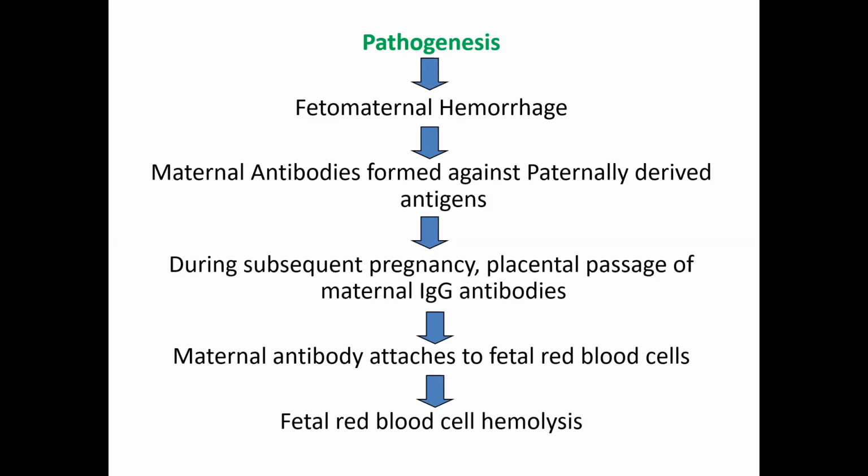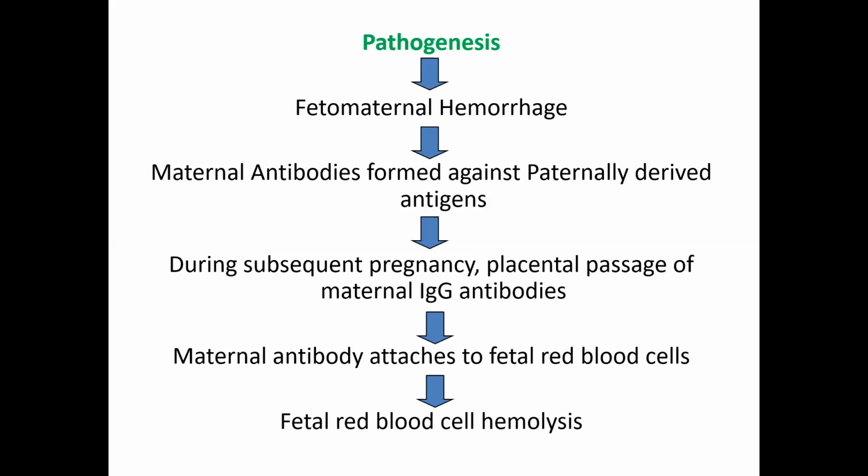Okay, so what will happen first? The fetal-maternal hemorrhage. Any hemorrhage occurred, due to which the fetal blood mixed up, okay. The fetal circulation through the placenta entered the maternal circulation, blood mixing happened, and immediately the maternal immunity raised antibodies. Then during the subsequent pregnancy, through the placenta, blood is circulated from the mother to the fetus and fetus to the mother, for the exchange of gases and the purification of the blood.